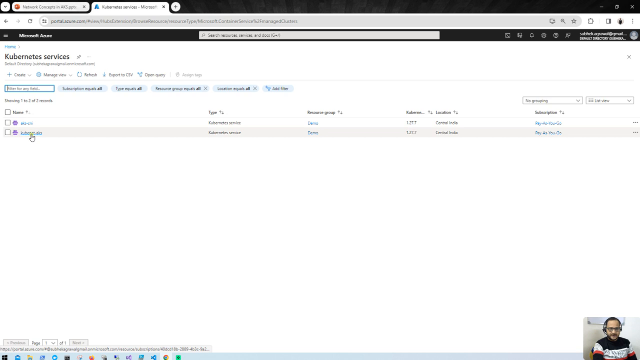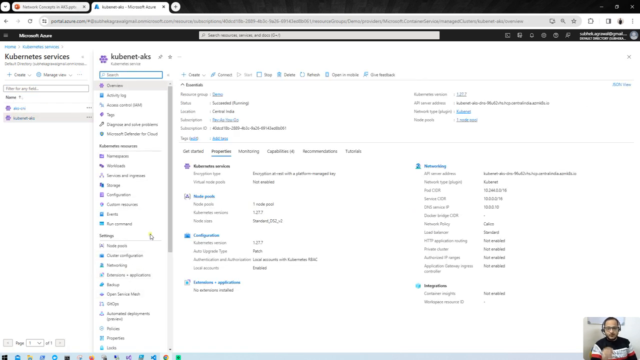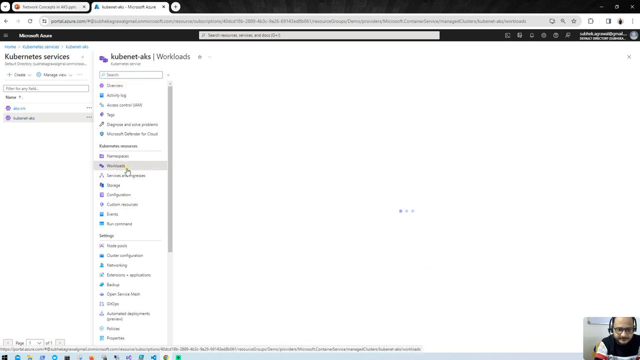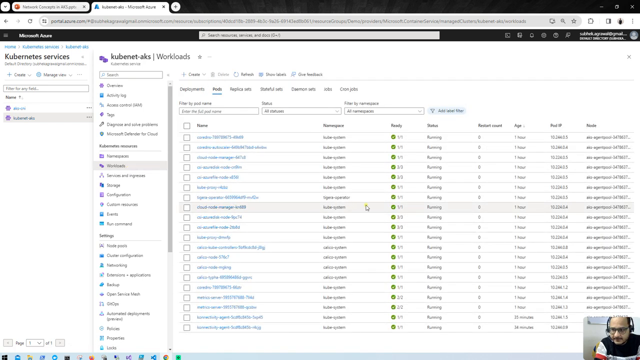First, let's see Kubenet. In Kubenet, nodes get the IP addresses from the Azure Virtual Network, but pods get IP addresses from a logically different address space. We will verify that here. If I go to workloads and then pods, you will see the pod IP address range starts from 10.244. Now if I go to the node pool,